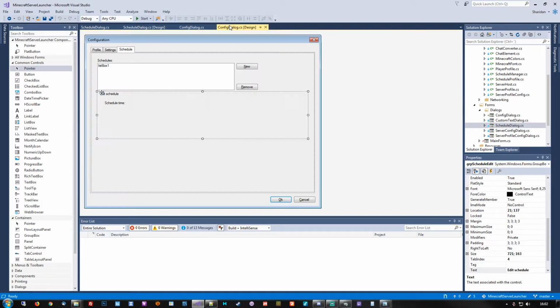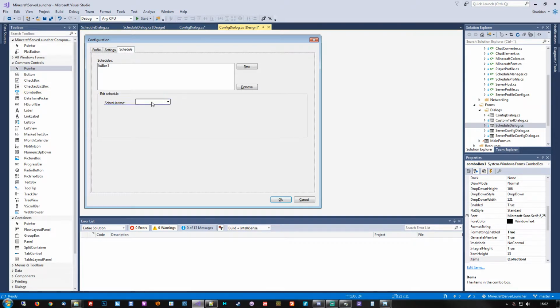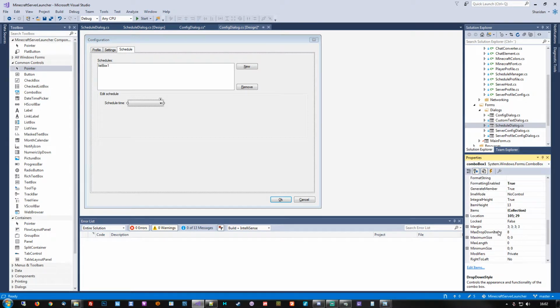Yeah, that's probably fine. We'll need a couple of those. Which needs to be a drop-down list, and we'll just do 50 this time around. There we go. And this one would then be schedule hour,